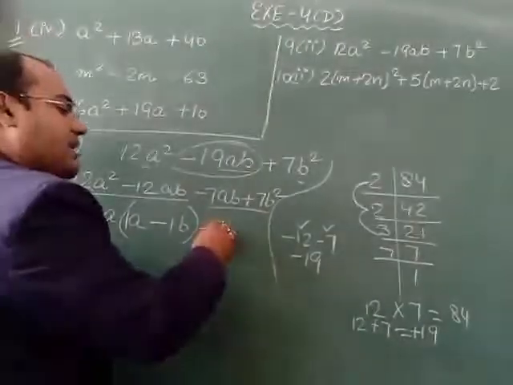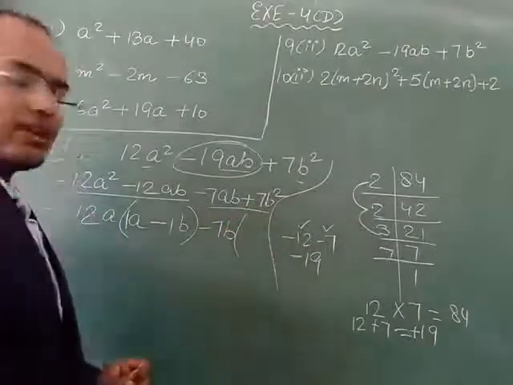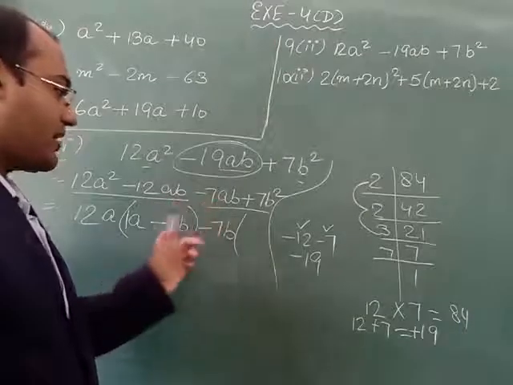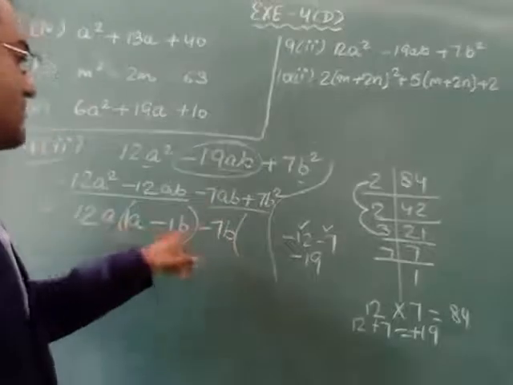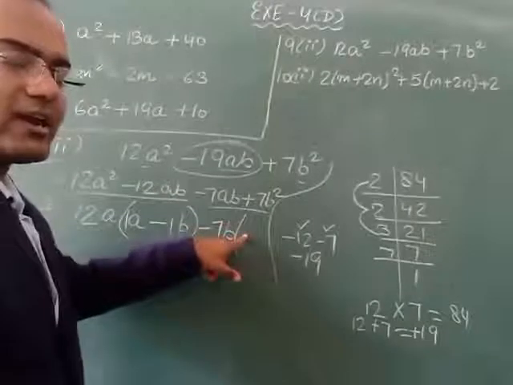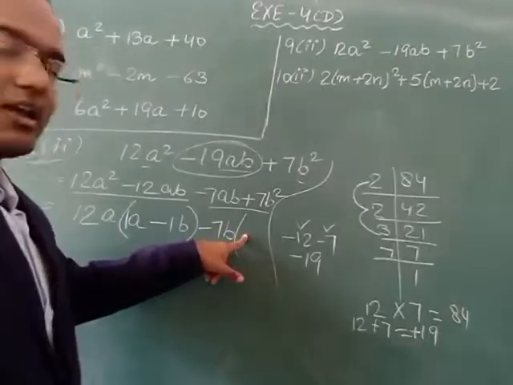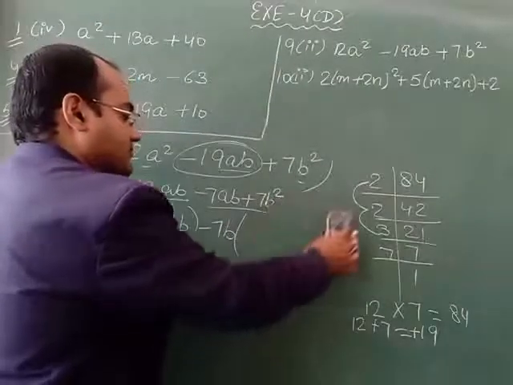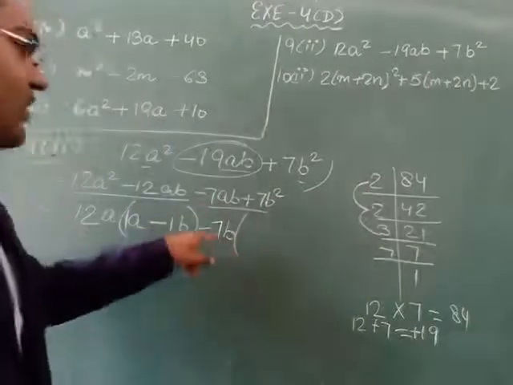Why do we take the minus sign here and not the plus sign? Because when we solve it, the bracket will come the same. Let's see: this is minus and this is minus. Minus minus, inside the bracket we will take plus. So at the beginning of the bracket we will not write plus. Now 7 we have taken common.